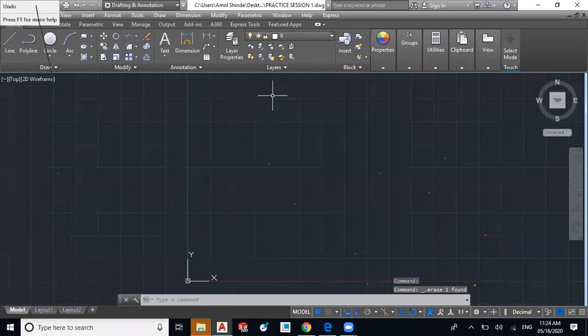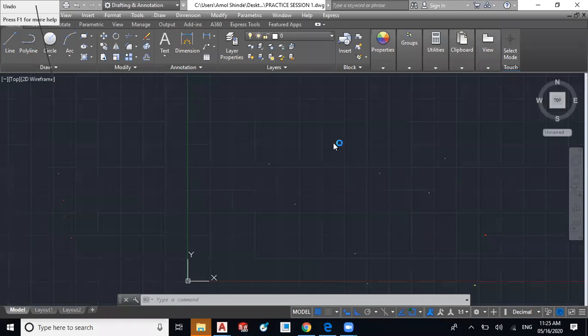So we will move further. Okay, now we have to see the mouse buttons, how we can use the mouse buttons.